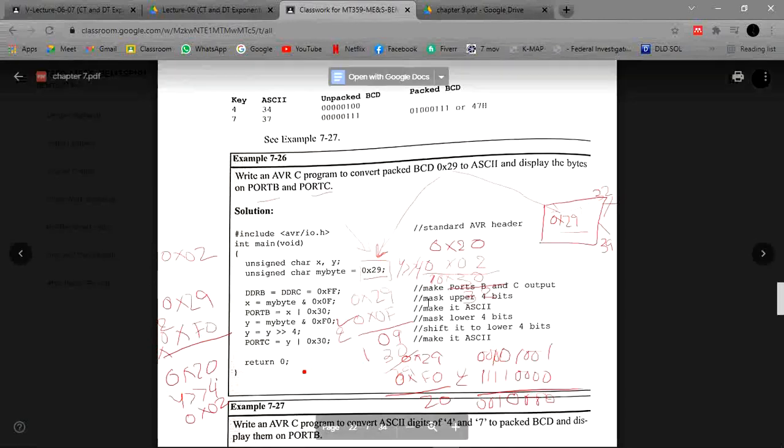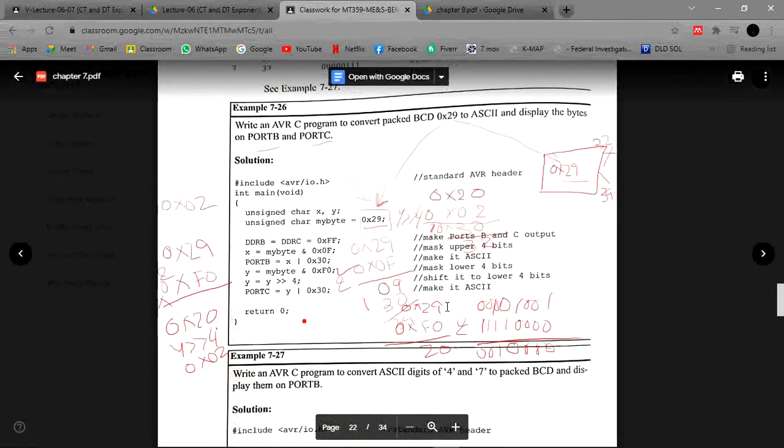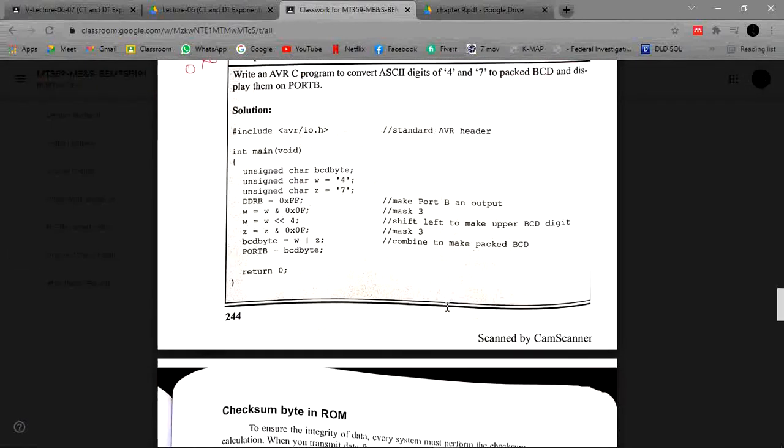Then for port B, we combine 0x30 with X, and for port C, we combine 0x30 with Y, which converts each nibble to its ASCII character. With this code, we can write an AVR C program to convert packed BCD 0x29 to ASCII in the respective upper and lower positions.